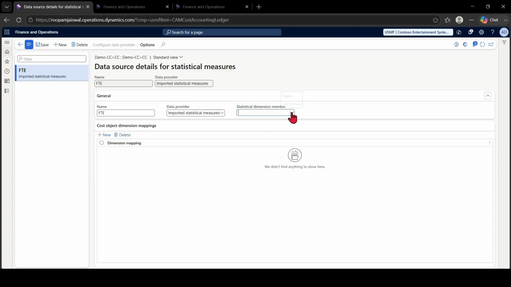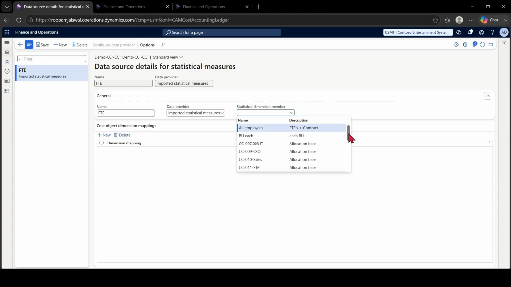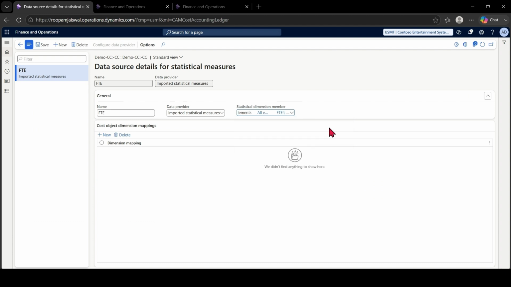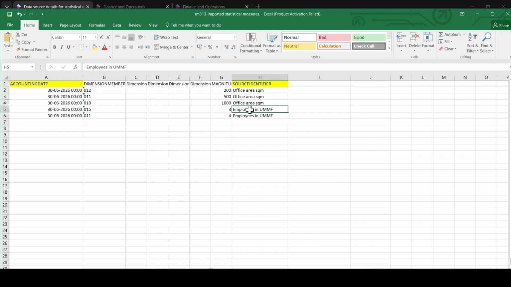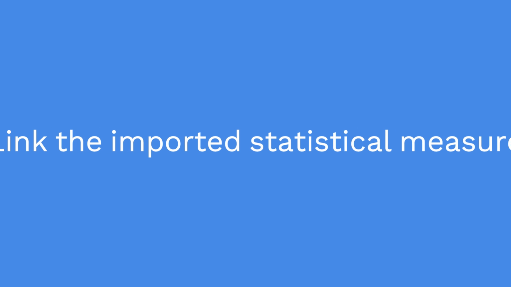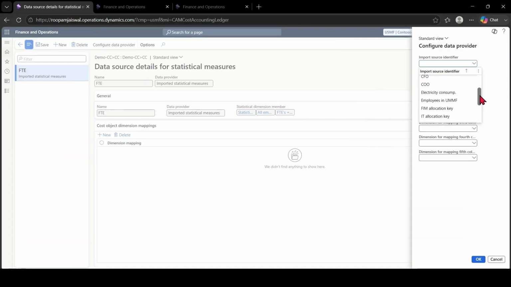I can select either FTE, which we have below, or all employees, and then save it. Once you save, there is an option to select the identifier, an employee in UMMF. So I have to go and select that, and you have an option to pick it up.